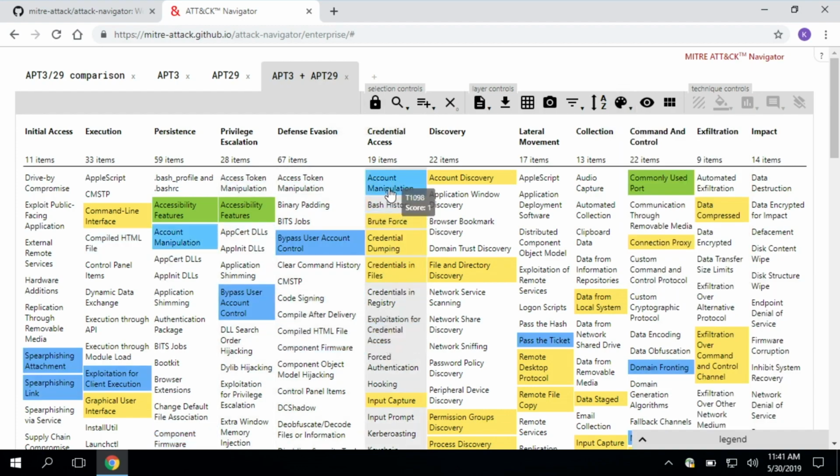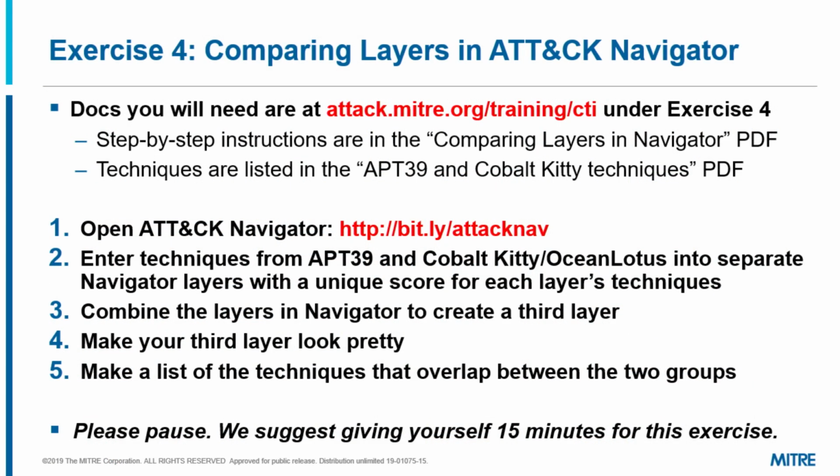So then if I click off of that, I can see my APT3 techniques in yellow, my APT29 techniques in blue, and then the techniques that both groups have used based on OSINT reporting we've mapped is 3, and those show up in green. Now that you understand a little bit about how to use ATT&CK Navigator,